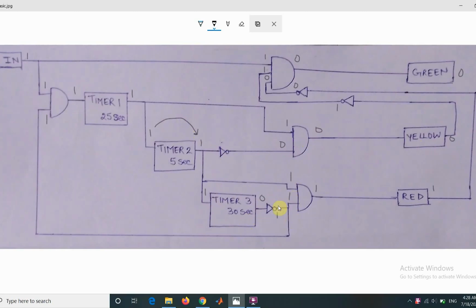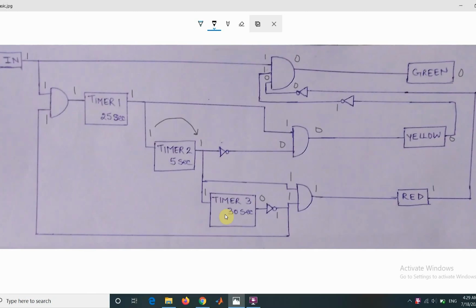So this input due to this NOT gate would remain 1, and now this AND gate would turn on. As a result the red light would start to glow, and now as the yellow light is off this NOT gate becomes 1, hence this input becomes 1, but since the red light is on, due to this NOT gate this input is 0, this AND gate would remain off and hence the green light would also remain off. So now after 5 seconds have elapsed from timer 2, the yellow light turns off and the red light turns on. Now this is the state of the system when timer 3 is in the process of timing.